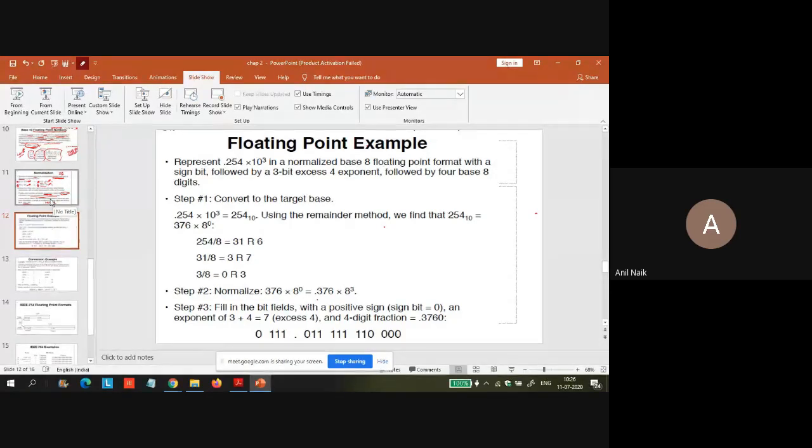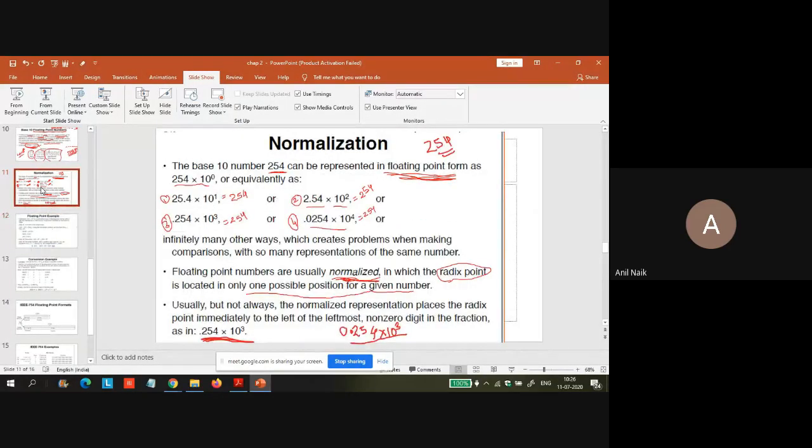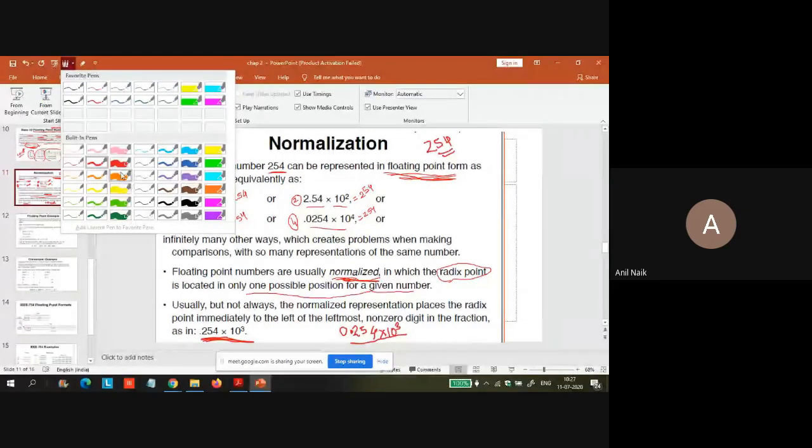The decimal point is fixed. And floating point number means we have to convert such a large number or a very small number into floating point numbers, where we can shift the decimal point to the right or left side. Okay, we can shift the decimal points. And normalization form means what? Normalization form means